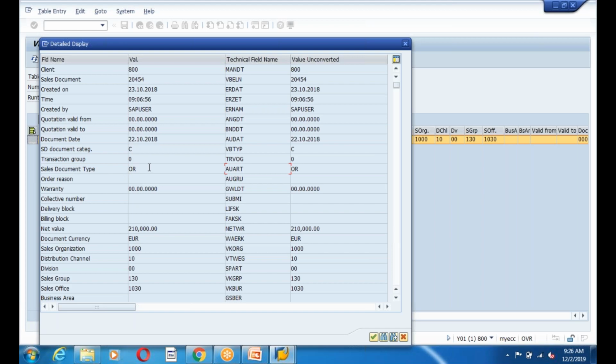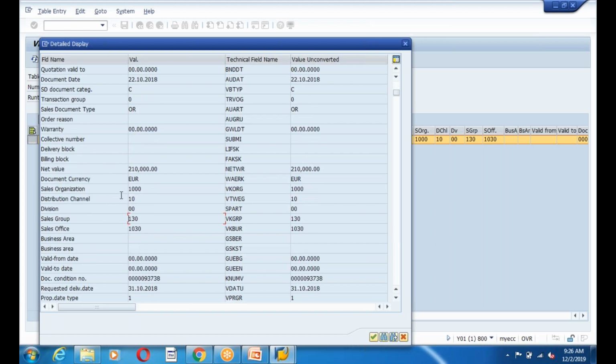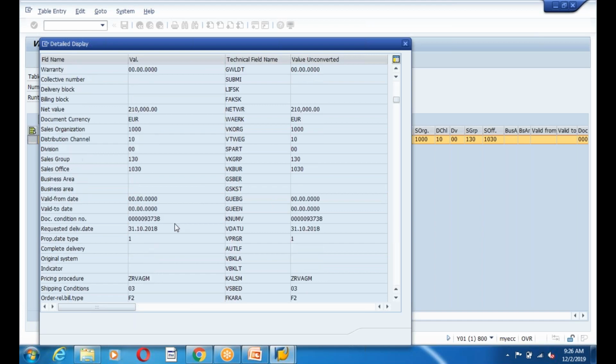AUART is the field name, and OR is the AUART value. And also if you see here the total value, what is the total value of your order? 2,10,000 euros. And sales organization, see, guys, field VKORG, the value is 1000. And the distribution channel VTWEG, the value is 10, and division 10, and these are standard fields.